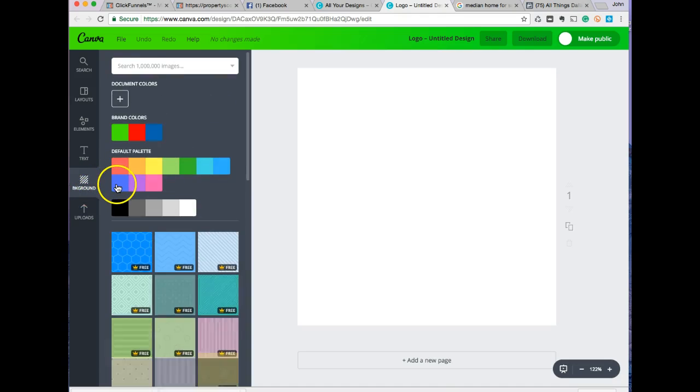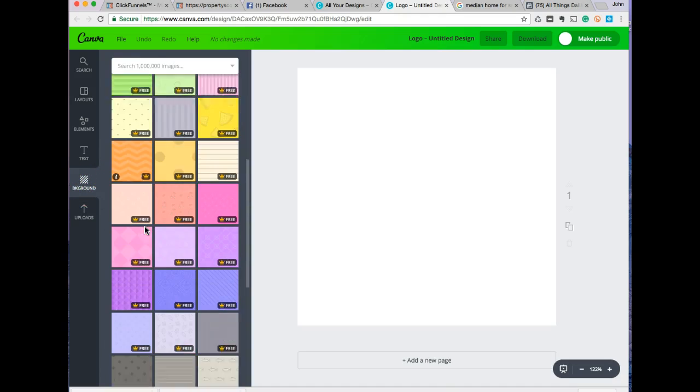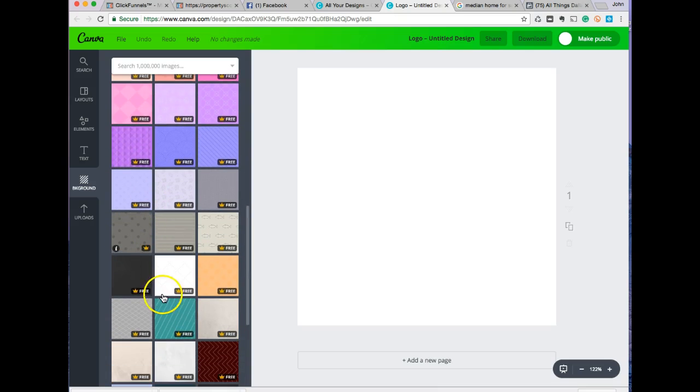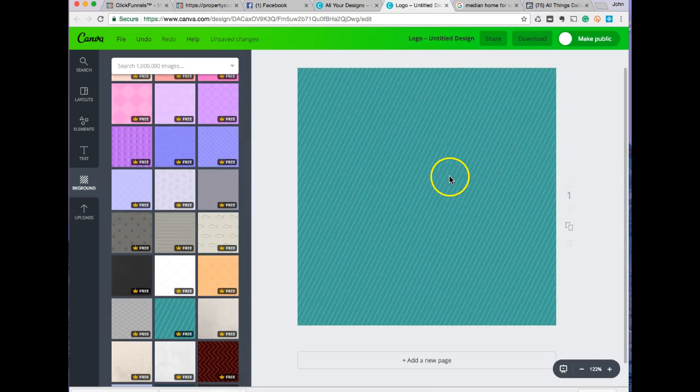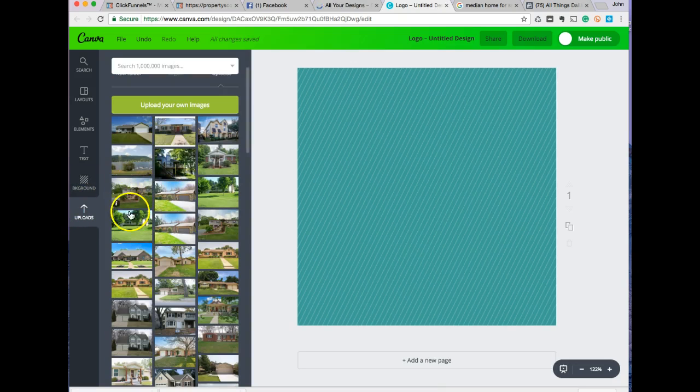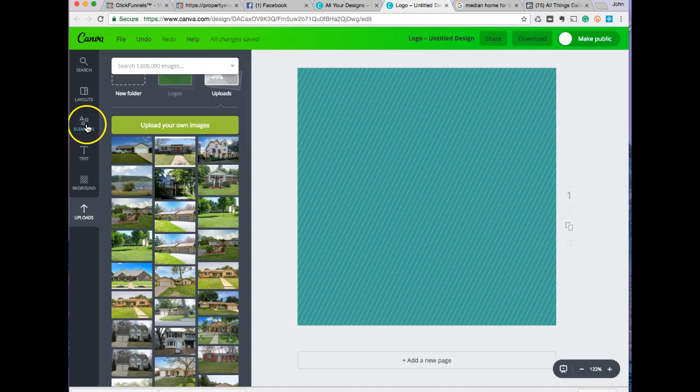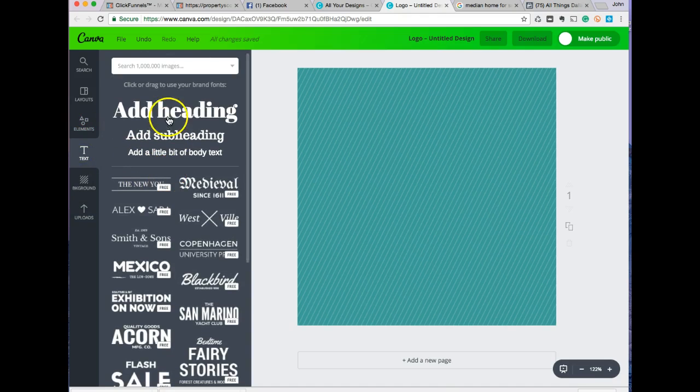Let's choose something fun and playful, right? How about we do green? There you go. Now you can either upload your own images here. You can search through text if you want to make a text logo. Like we can add,